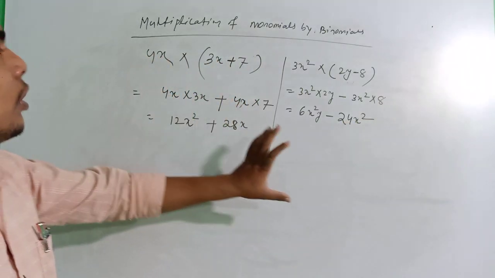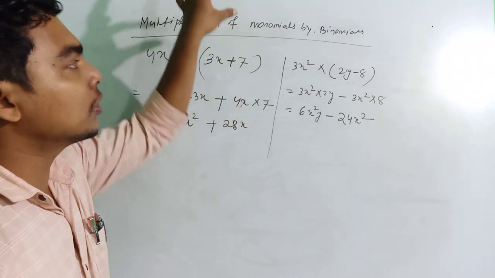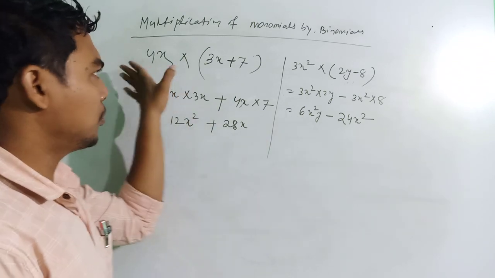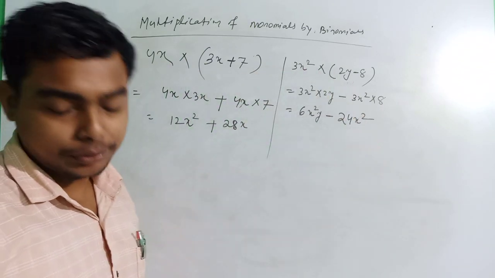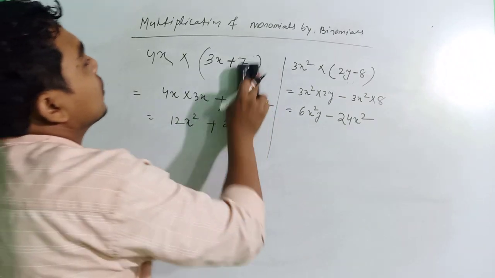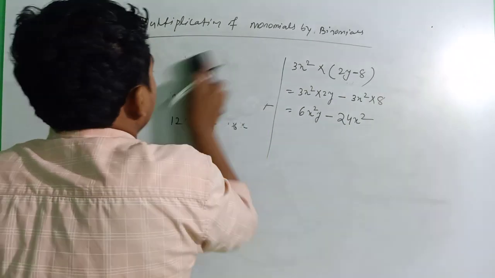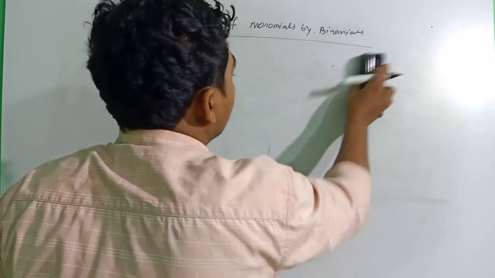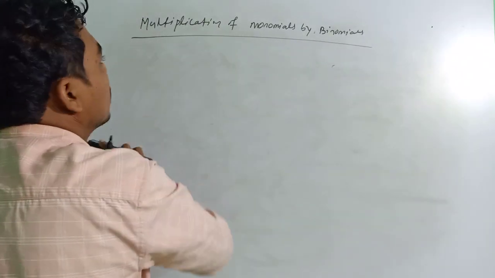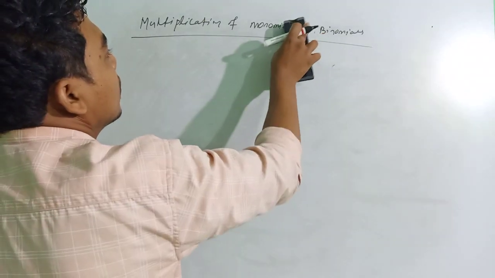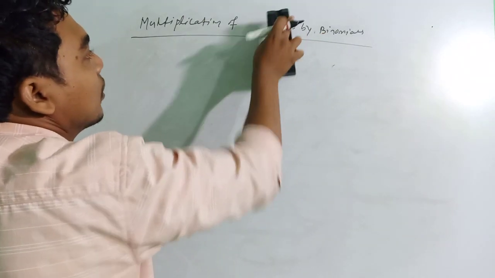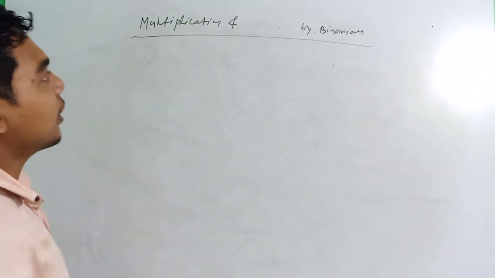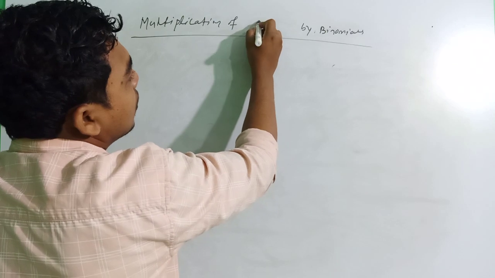So this is the way in which we multiply monomials by binomials. The simple process: multiply with both terms. Then we have to multiply